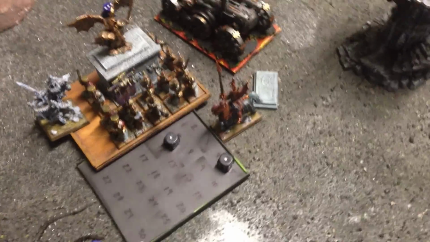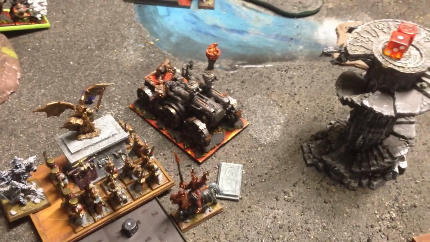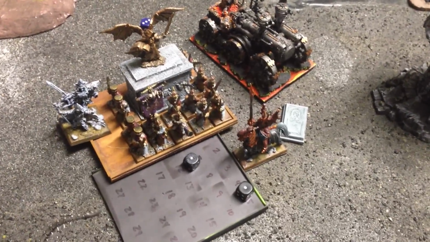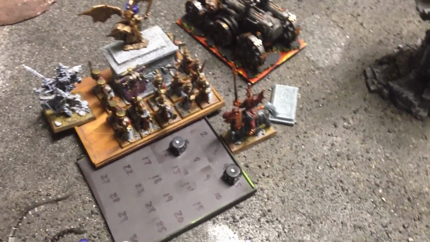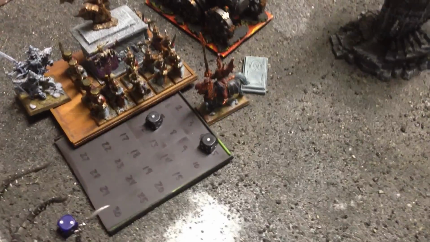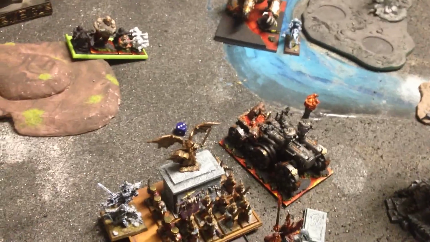So, my turn. I do what I can. The Pain Train moves up to shoot at the Vampire hero. And I get Ash Storm off on the Graveguard. Shooting, Pain Train kills the Vampire hero. Combat: both my brave characters die valiantly, and that's the game. We need to tally everything up, and we'll get back